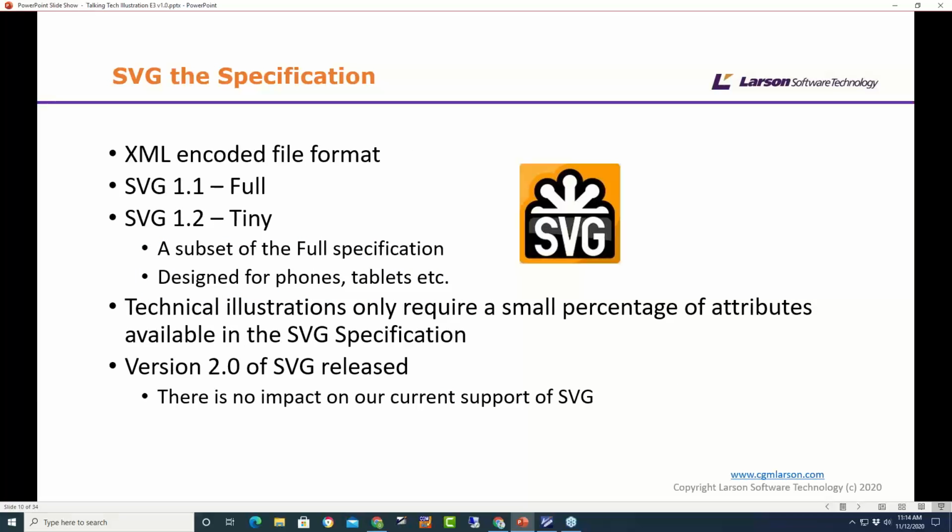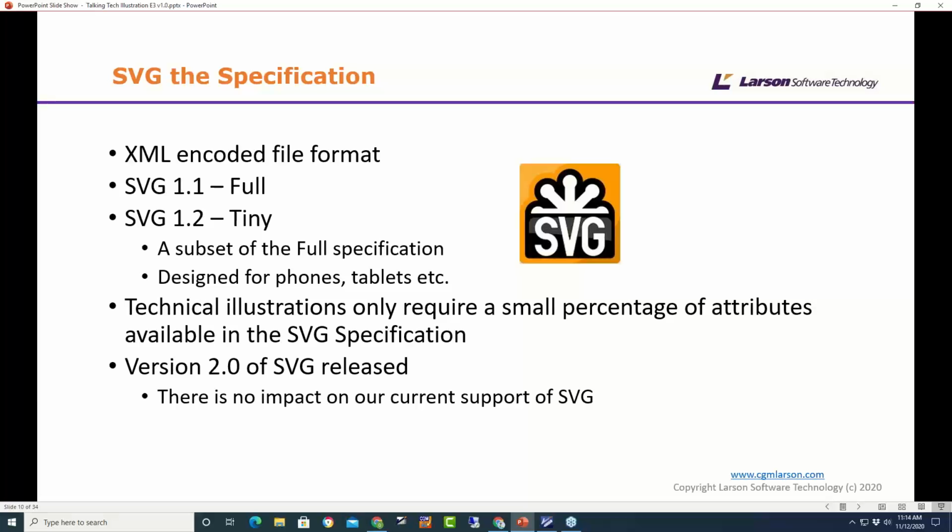So I mentioned it's XML encoded. We'll have a look at this in a bit more detail as we go along. But there's two specs for SVG: one is the full version, and one is what they call the tiny version, which is a subset of the full version, and was really designed for phones and tablets.